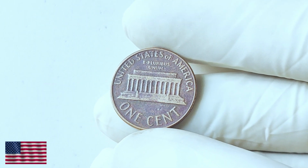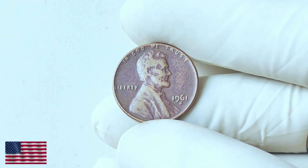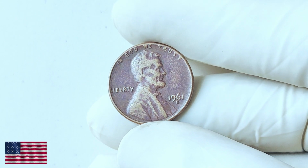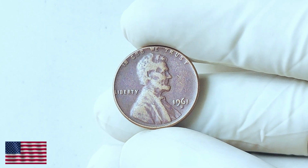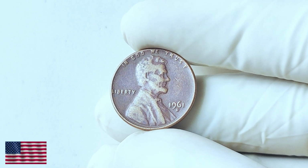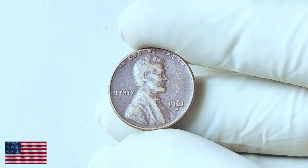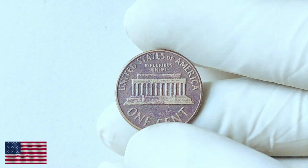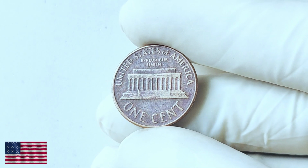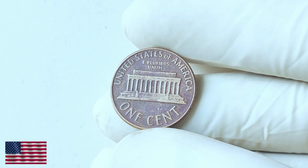your mortgage. 1961. America was on the brink of a cultural revolution. Kennedy was in office. The Cold War was heating up. But at the Denver Mint, something else quietly made history. A tiny mistake, barely noticeable, struck on a 1-cent coin that would one day be worth a fortune. Most 1961 Lincoln cents are worth about, well, a penny. But a handful, they contain a hidden error, a minting anomaly, a rare variety, and coin collectors call it the